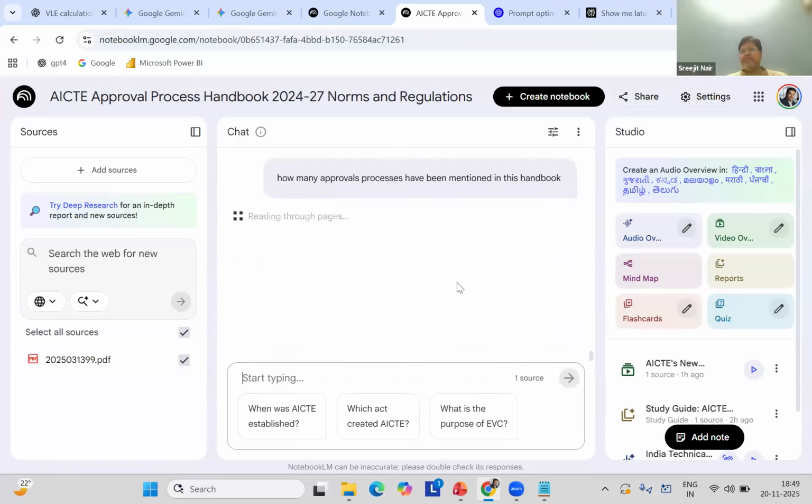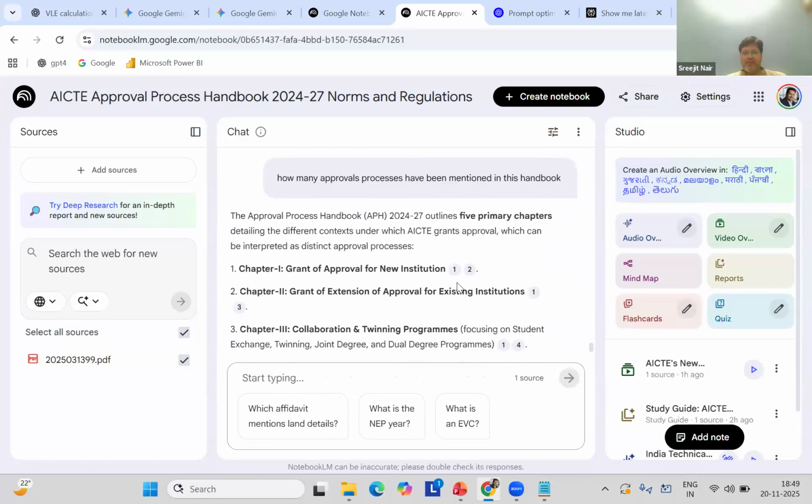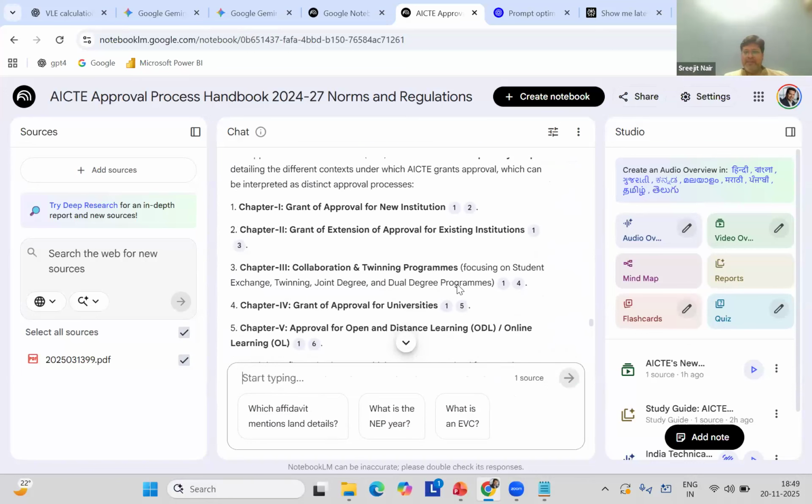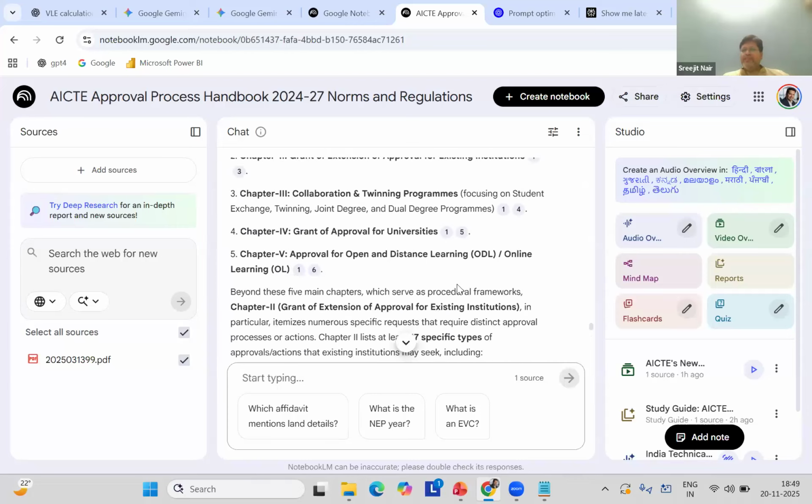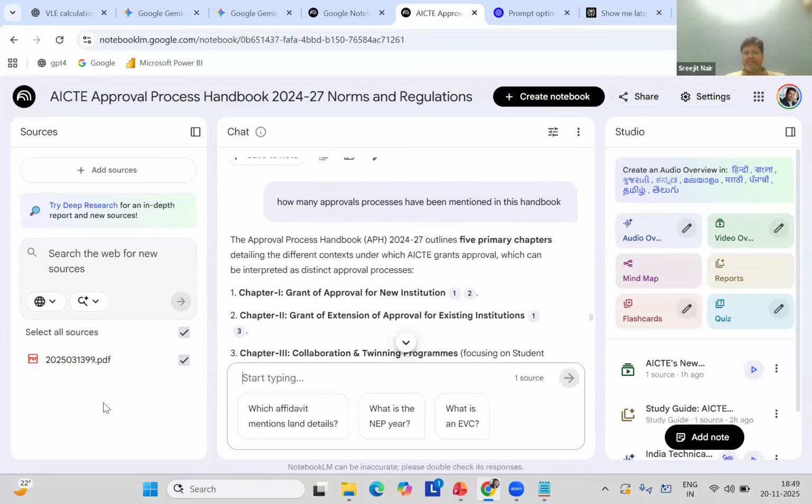So how many approval processes have been mentioned in the handbook? Of the 221 aspects, these are the chapters, these are the processes that are mentioned. So everything you can directly chat with this particular PDF. Number one is that instead of chatting with everything, you can use generative AI to chat with one particular PDF or one particular book, or say 10 particular sources